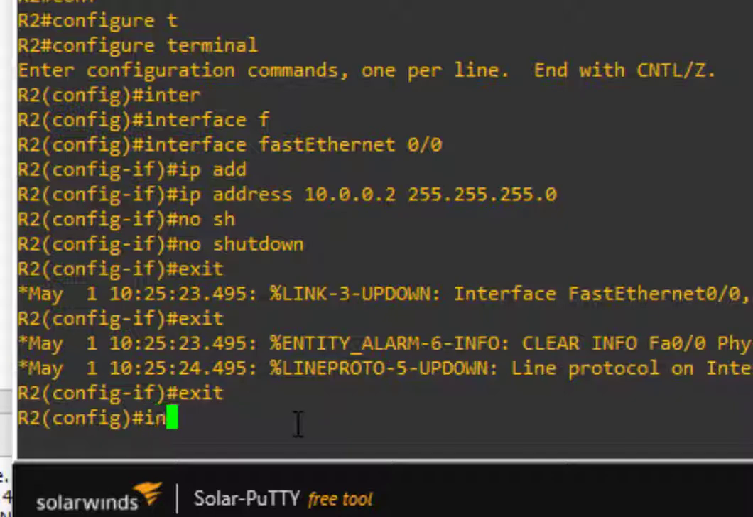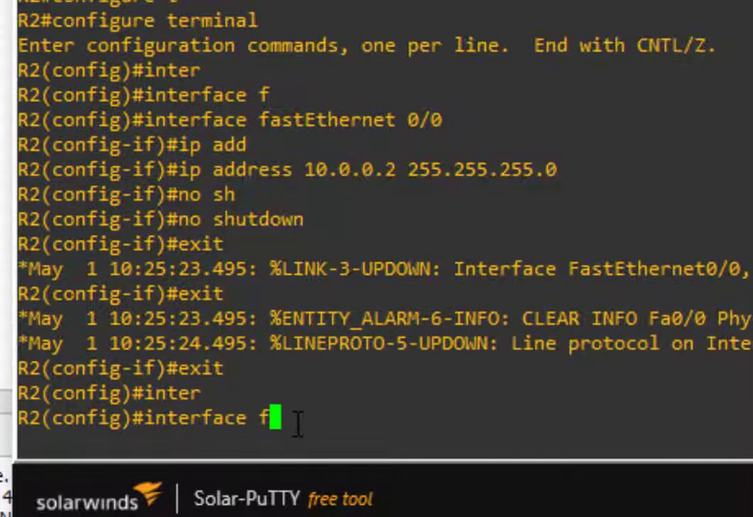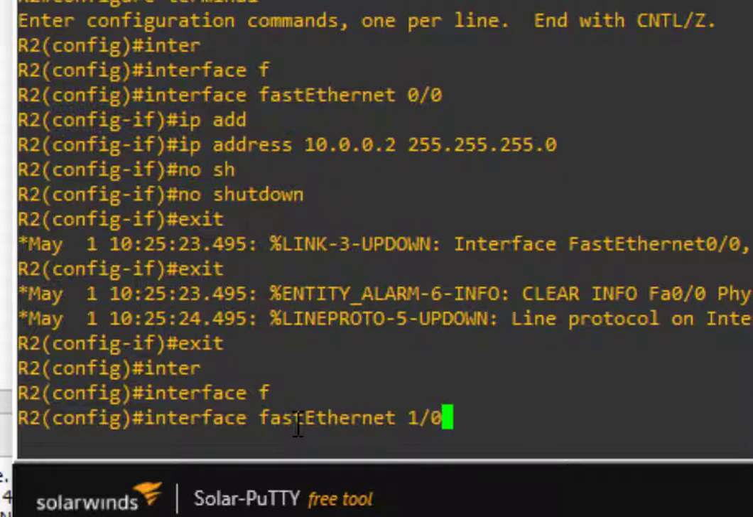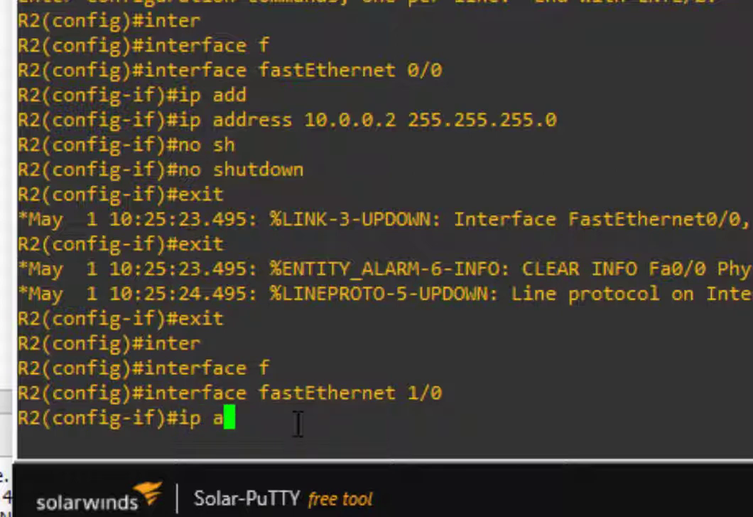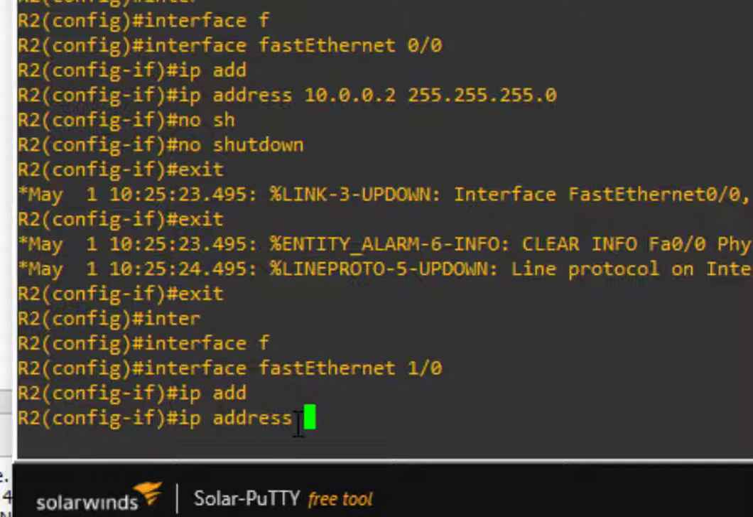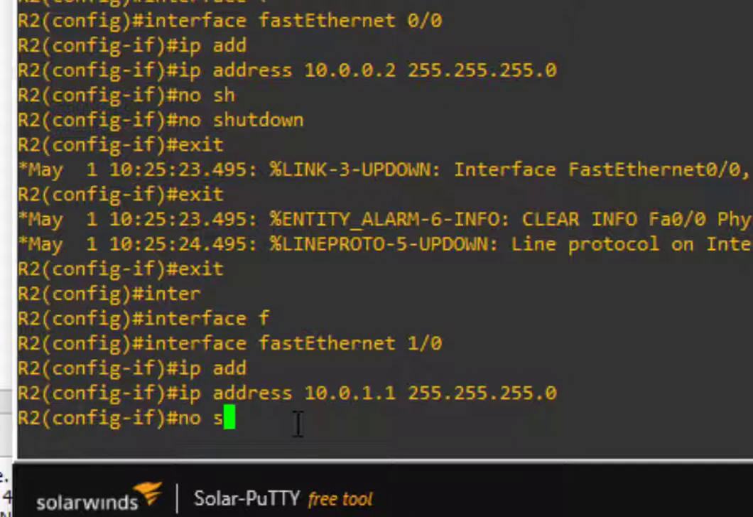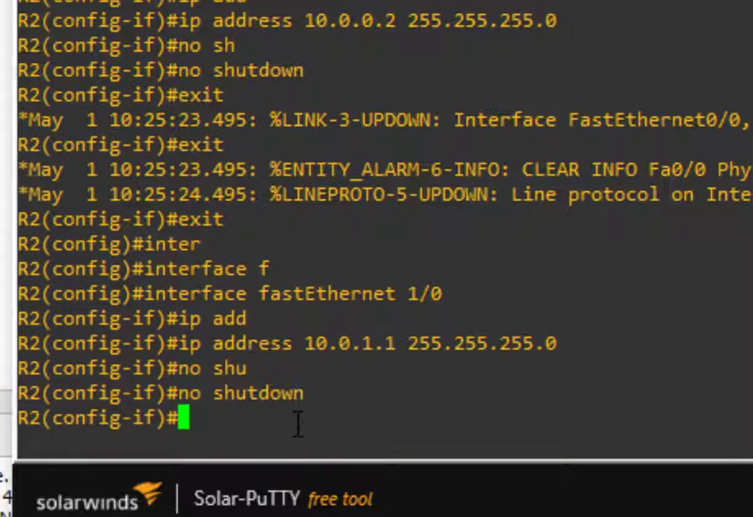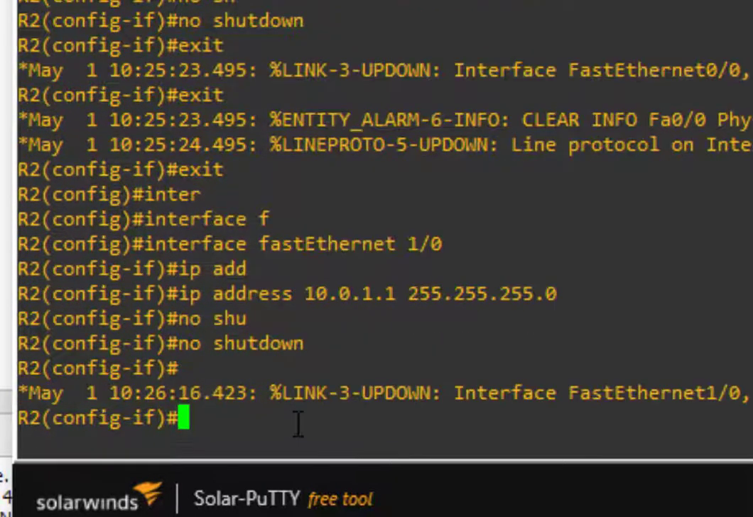So interface fast Ethernet 1/0, okay. And here the IP address is 10.0.1.1, okay. This is the IP address, and this is 255.255.255.0, okay. And here again no shutdown, so that this is turned on, okay. And then we exit from here,